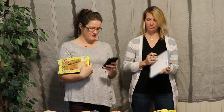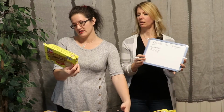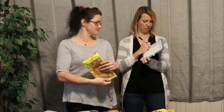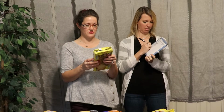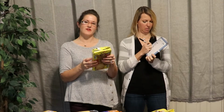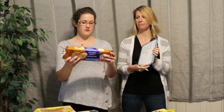So first, the shortbread cookie by Keebler is $2.48. There are 2 cookies per serving, 160 calories per serving, 7 grams of added sugar. How many servings are in that package? There are about 10. Now, for the Voortman,